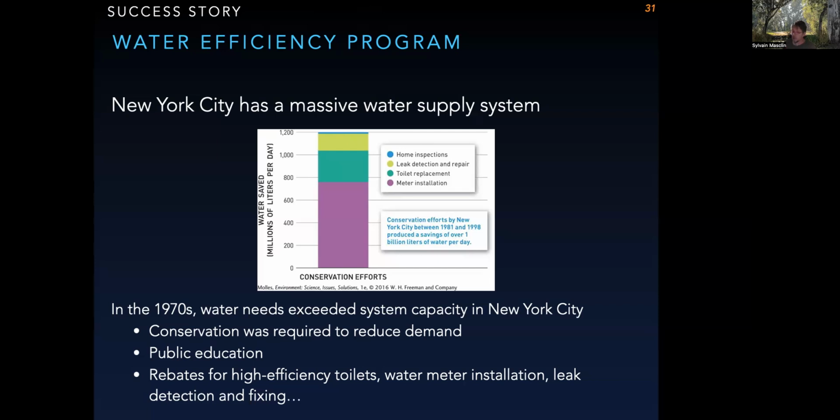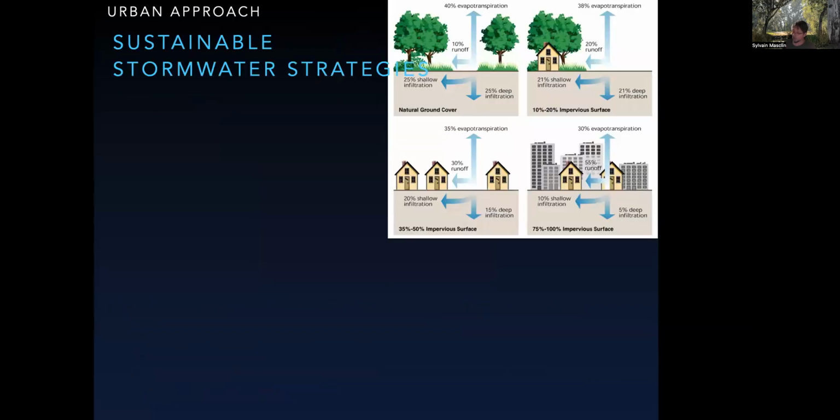A city also has a problem of water infiltration. Normally, when you're outside of the city or you have a couple of houses, when it rains there is some runoff, between 10 to 20%, but easily 40% goes into your soil, either directly through the ground or thanks to vegetation that sucks the water up and places it into the soil. If you're in a city, the problem is that it's